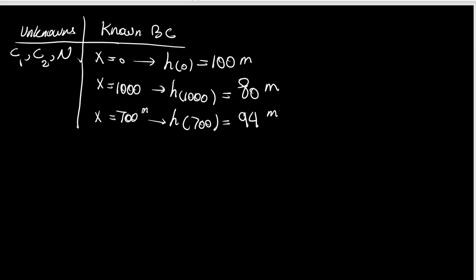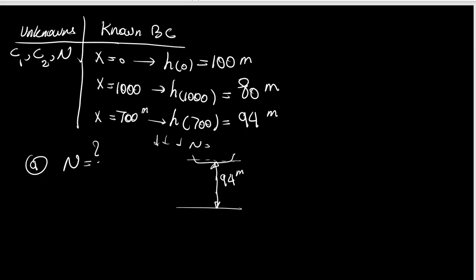Okay, in question A, we wanted to know what would be the required N recharge value to keep the groundwater level high enough to keep the wetland wet. So we assume that if this was our wetland, we want the groundwater table to be at least 94 meters. Now we are interested to know what would be the required N value here. Okay, so to solve that problem,